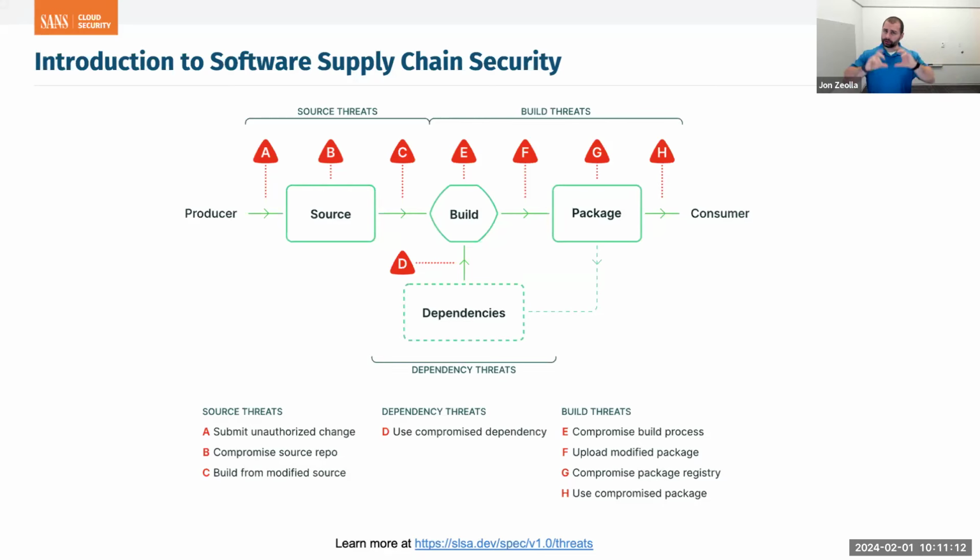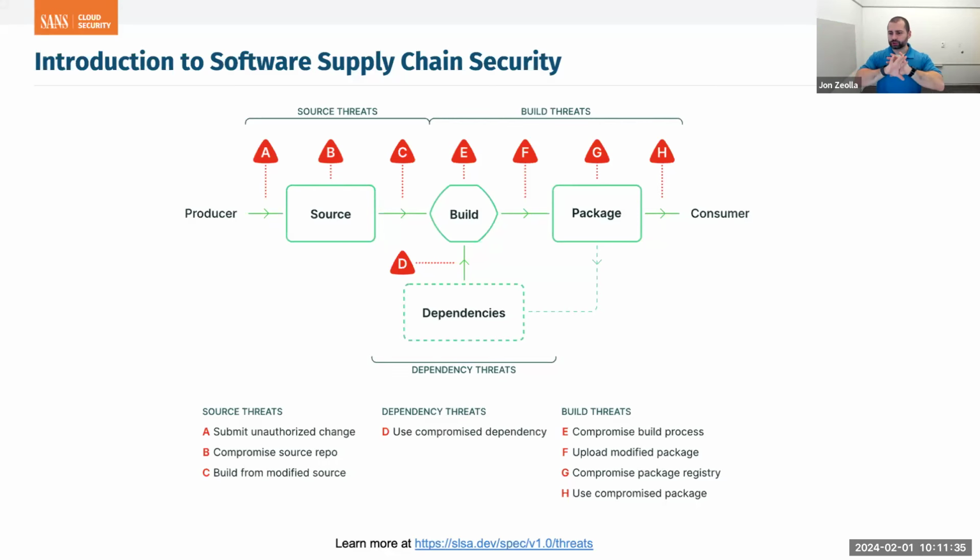Then it'll go to build, right? It'll go to that GitLab CI/CD pipeline. Bad things can happen there too. It could pull from an untrusted source. You could have issues whenever you try to build a package, and then when you want to store that package somewhere, or when you want to consume that package to actually run on your servers, right?